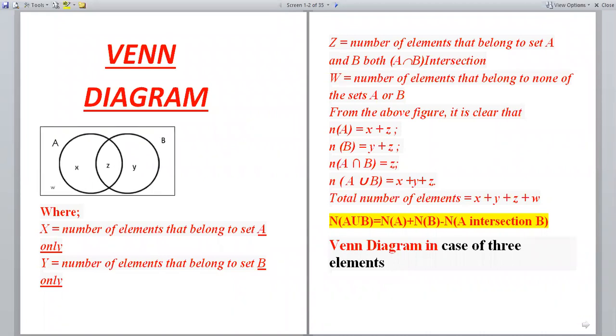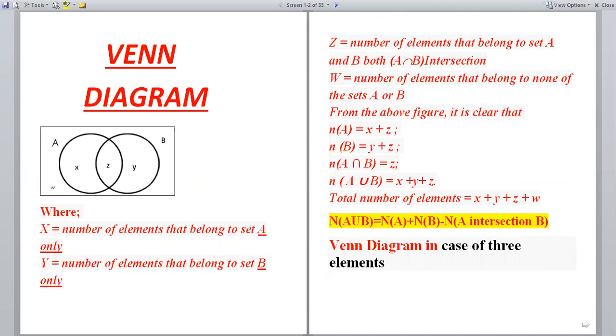See, although we have one formula that you can see on the screen, N of A union B equal to N of A plus N of B minus N of A intersection B, we can still solve this question without using this formula. If you try to solve these types of questions without using this formula, then you can answer a lot of other things. Like if I ask you how many are only A, then which variable represents only A? X. Yes. So only B, Y.